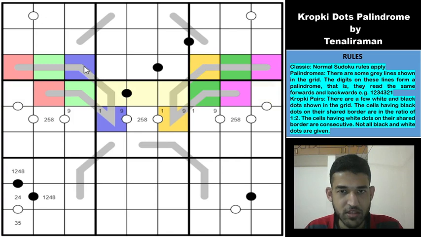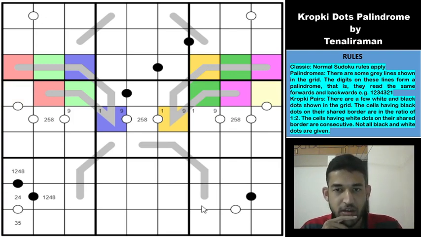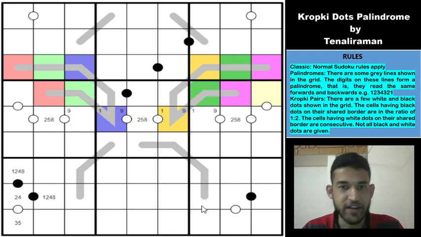It cannot be in this box, so it must go into one of these two cells. And similarly, the yellow cell will also go into one of these two cells. Same argument. So yellow cannot go here, and yellow cannot be in any of these colored cells. So which means that blue and yellow must be in one of these cells in some order. So we can't yet deduce that this will be a blue, because this may also be a blue, right? So we just know for sure that two of these cells will be blue and yellow. That seems to be helpful. Yeah, it is, guys. It is.